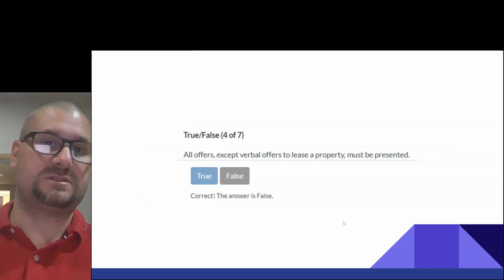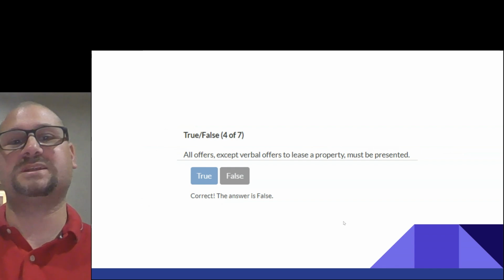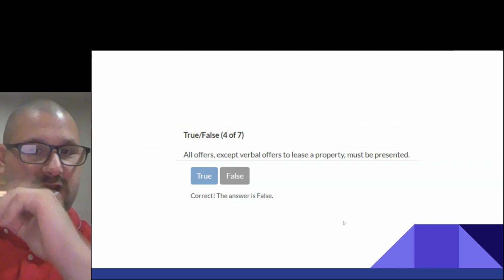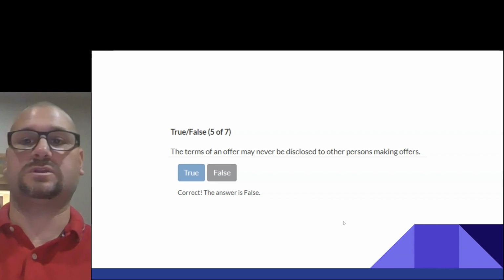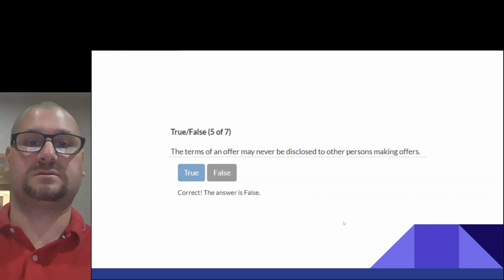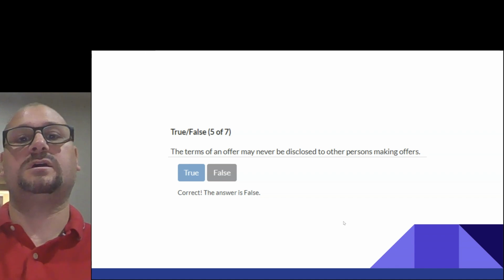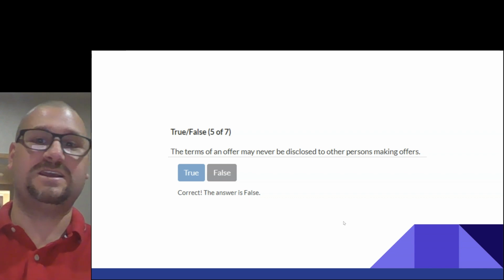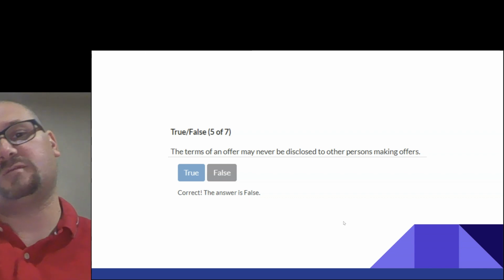All offers, whether verbal or written, have to be presented. The terms of an offer may never be disclosed to other persons making offers. False. They may be disclosed to other persons making offers.